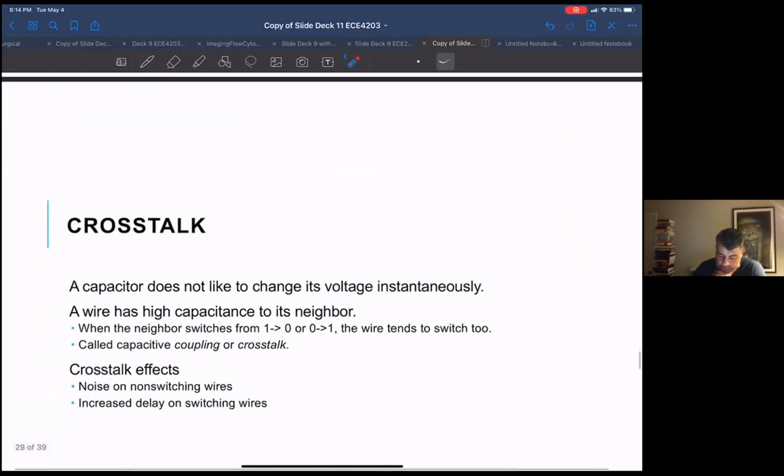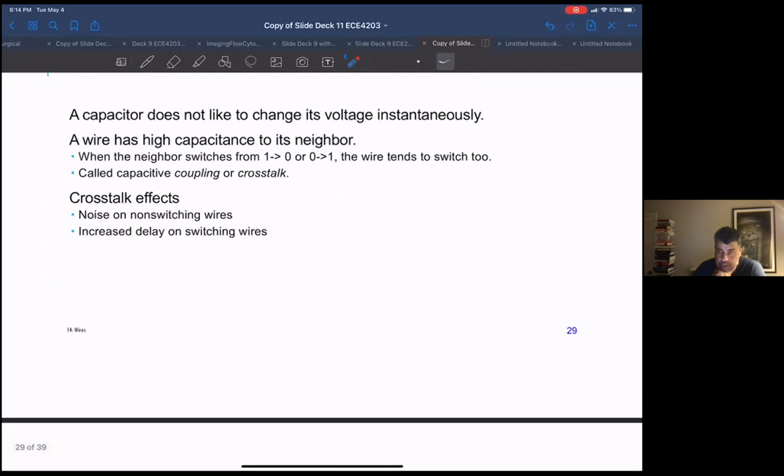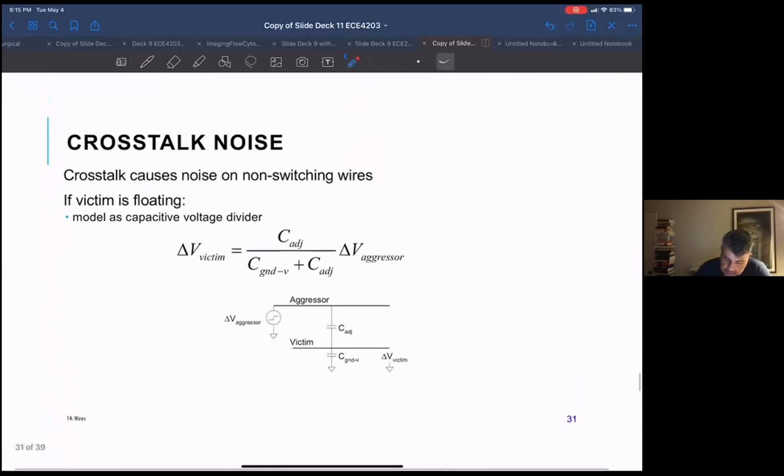As we'll see, that high capacitance can create a crosstalk situation where one bit on the line corrupts another bit. I've seen that happen in high-speed designs quite often, or I should say often enough, once every couple of years, and it's really, really difficult to debug and fix. So anyway, we'll come back and talk about that on Thursday